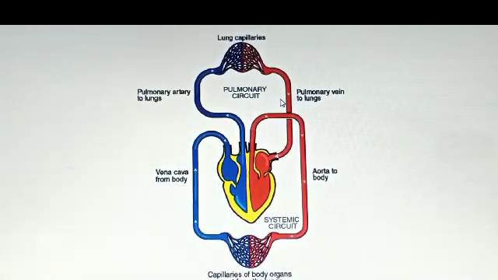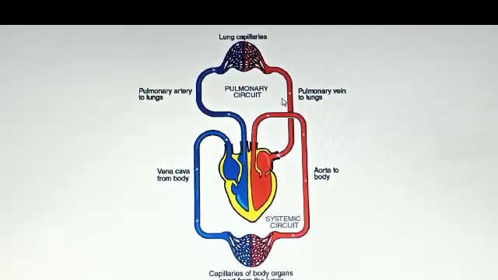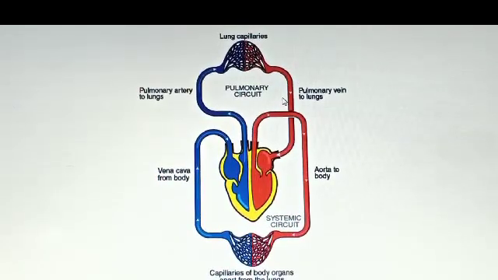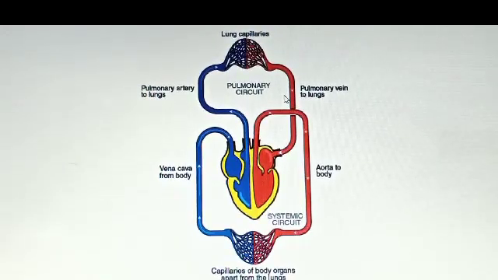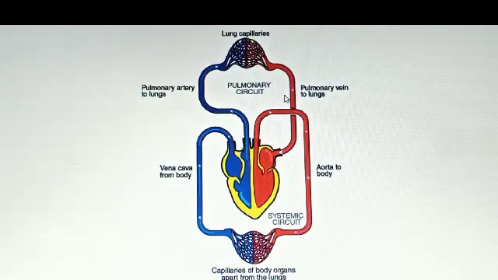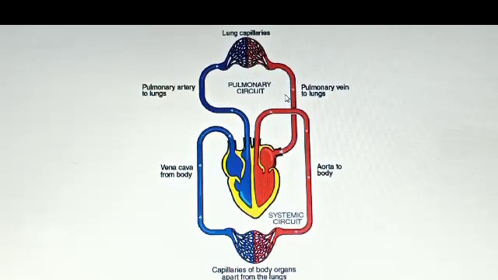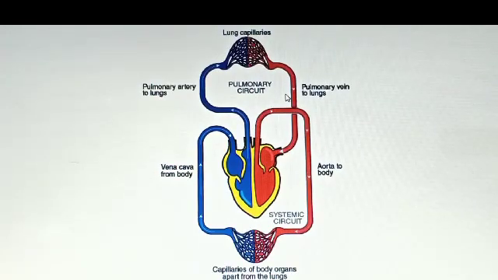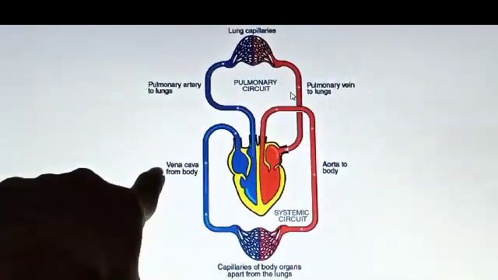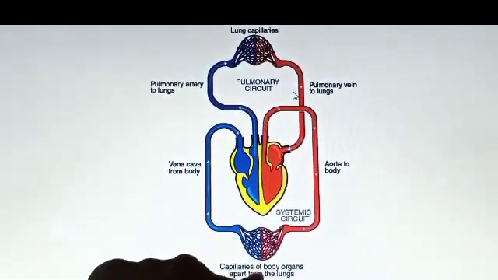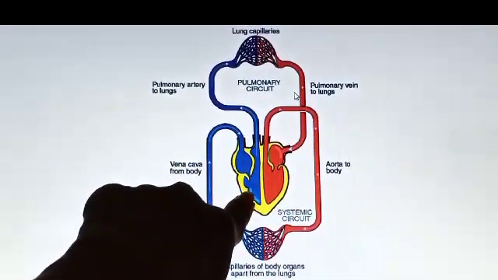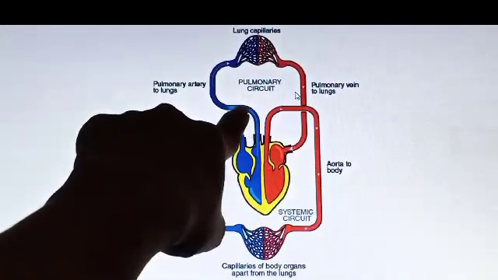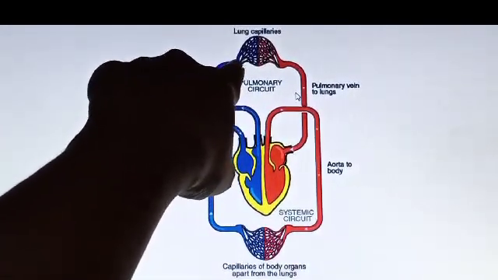Now let's see the double circulation of the blood. As in the previous figure, we saw the function and the structure of the heart. Now, if they ask you to write down the double circulation of the blood, then you have to draw this figure. In that, you have to draw the lungs and body parts. Here you can see by the vena cava, the deoxygenated blood from the body parts is carried to the right atrium. Then after it goes to the right ventricle. Then by the pulmonary artery, it carries this deoxygenated blood to the lungs.